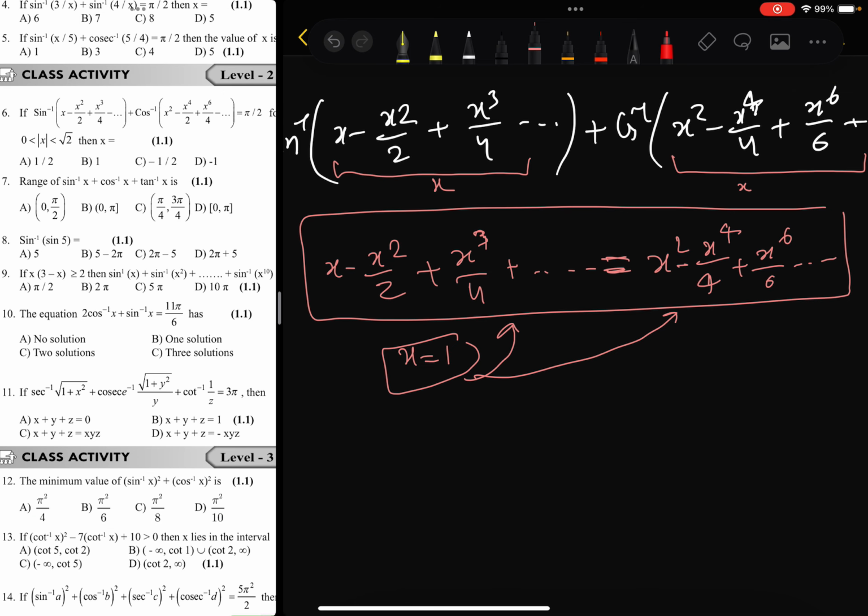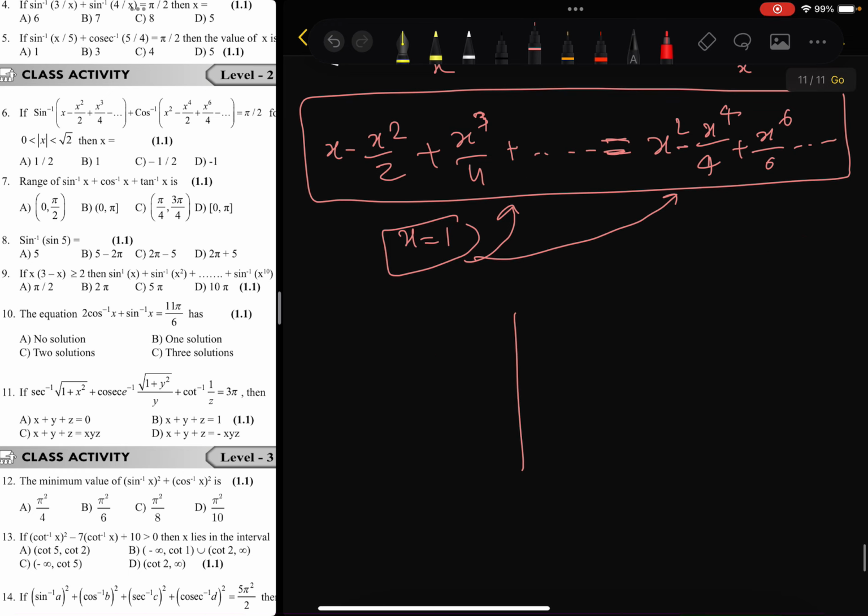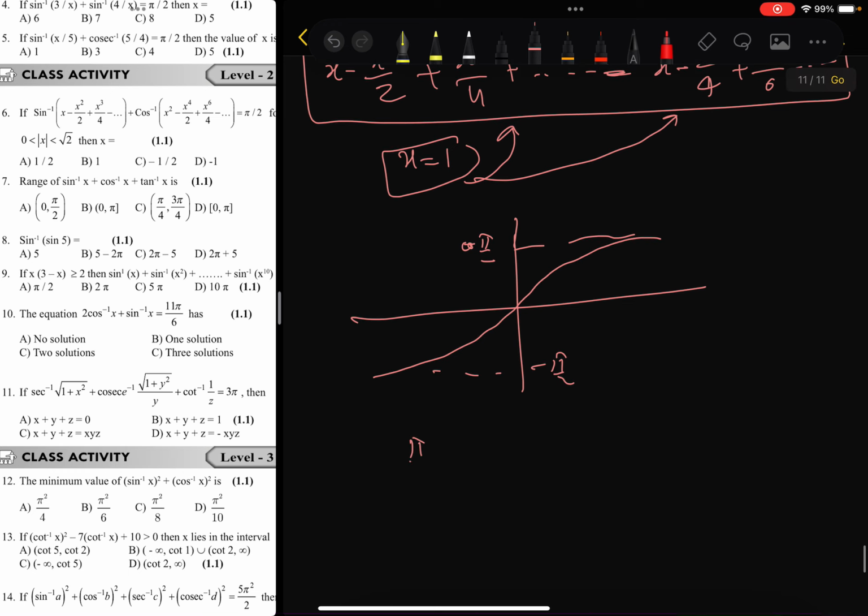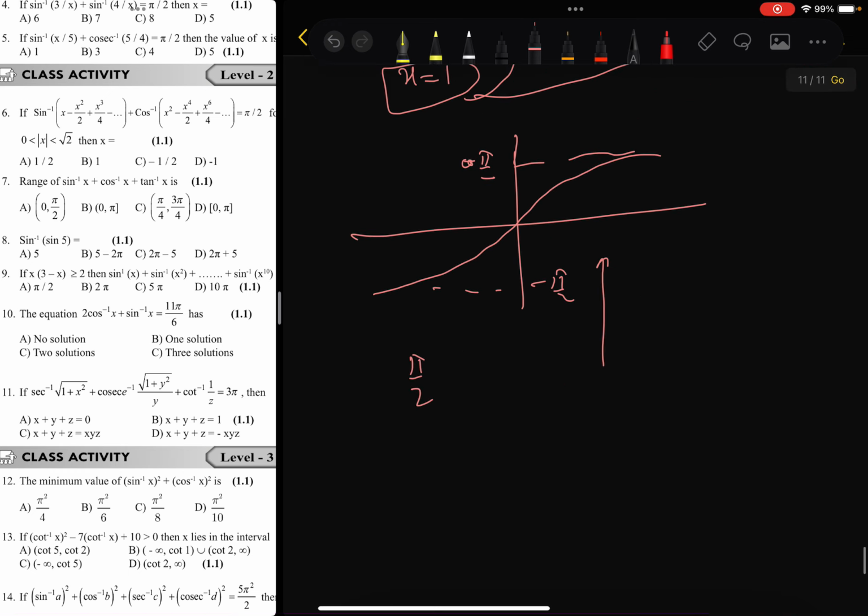So the range of sine inverse x plus cos inverse x plus tan inverse x. Range means tan inverse x is an increasing function, right? And sine inverse x plus cos inverse x is exactly pi by 2. So pi by 2 plus tan inverse x. So this is the graph of tan inverse x, right? This is pi by 2 and this is minus pi by 2. If I add pi by 2 in this graph, the new range, because tan inverse x is between minus pi by 2 and pi by 2,